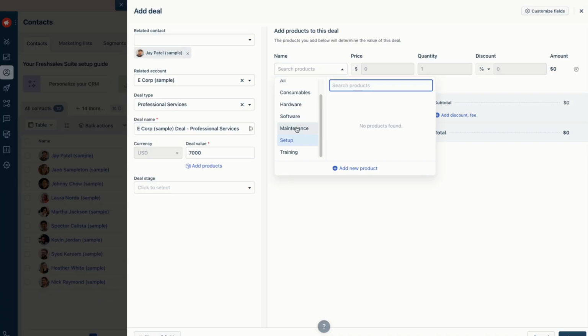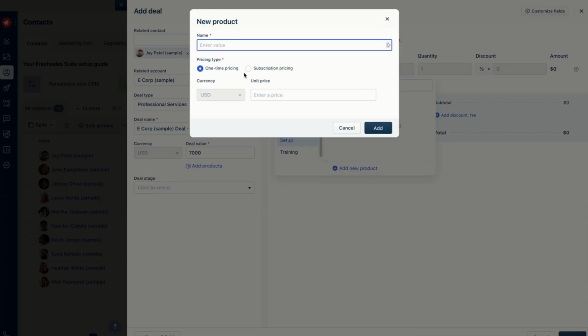So let's say the client, among the $7,000 value that this deal is coming to, we will say setup, new product, and maybe it'll just be, I'm just going to say website development. So it's going to be setting up someone's website, one-time pricing,